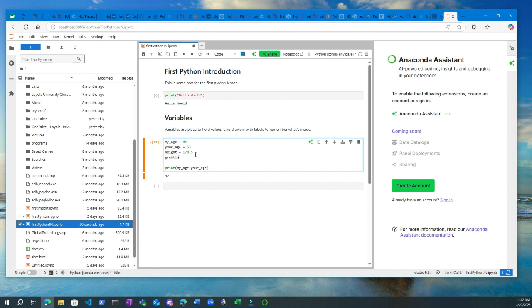So for example, a variable called greeting, I can put, and whenever I put text, I need to put quotes around it. So I can say, hello world. Okay. Now I'm storing the text, hello world, in a variable called greeting. And then what I can do is I can print my age, your age. I can also print the greeting, and I can print the height. Now, if I run this chunk,